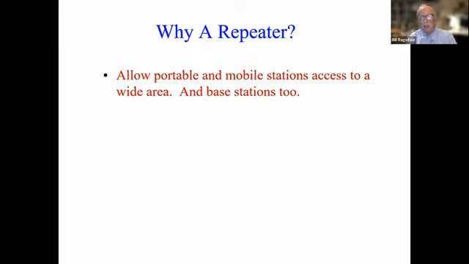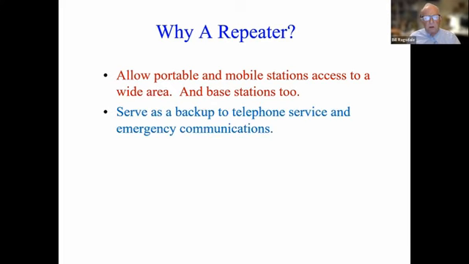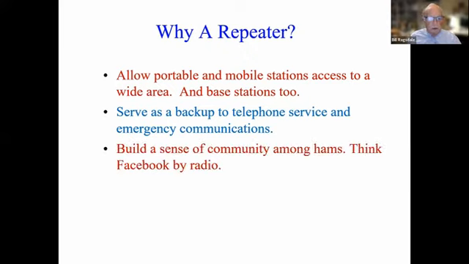Well, from one edge to the other is about 250 miles. And we blanket the better part of Northern California because of our 3,000-foot elevation. Another purpose of the repeaters is to serve as a backup for telephone service and emergency communications. ARES uses our repeater. It's also used for bike races and for other events, foot races, and so on. It's also available for use by Red Cross and ARES for emergency service.